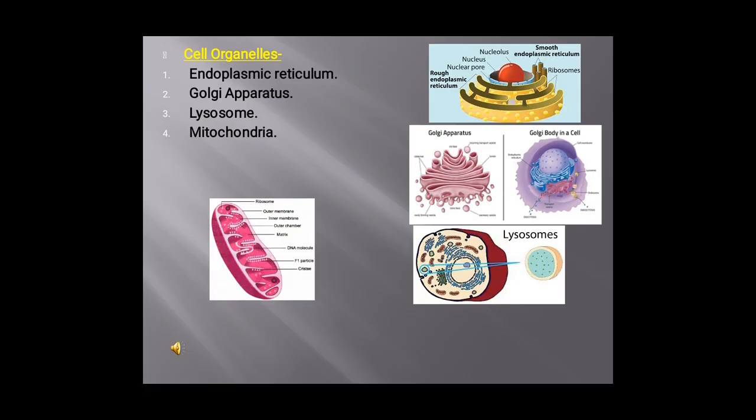Next, fourth is mitochondria. Here is the pink colored picture of mitochondria. It is a rod-shaped structure in cytoplasm. It is only present in eukaryotic cells. It is a double membranous structure where the outer membrane has specific proteins and the inner membrane is folded inside to form chambers called cristae. It is also called powerhouse of the cell or storage battery.